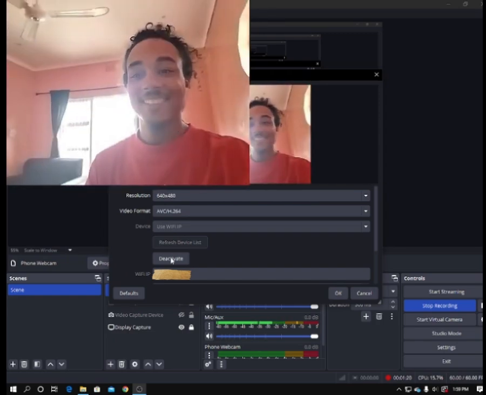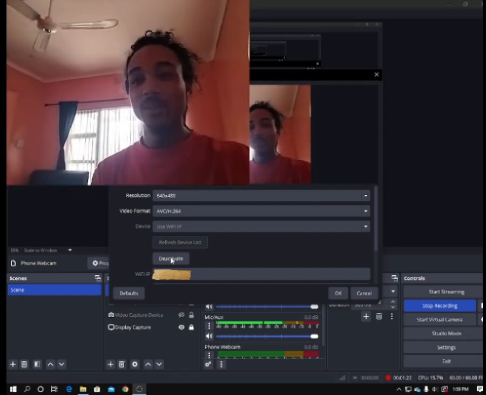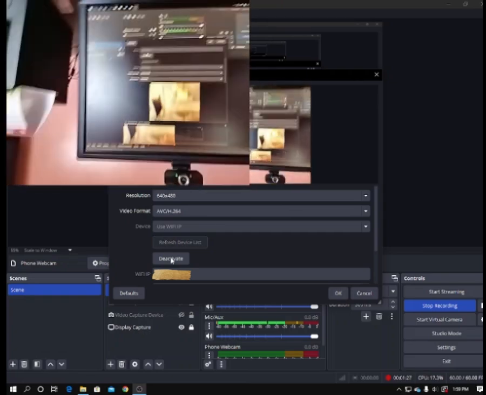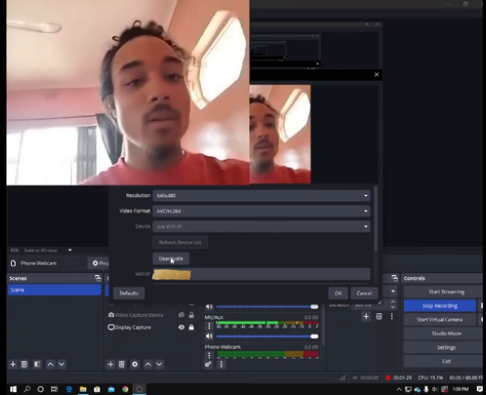And there the webcam is showing. And now this is how it looks once you connect to your phone. You can move it around, you can move it upside down. It's connected through Wi-Fi. You can change the